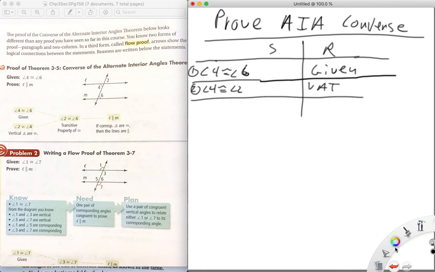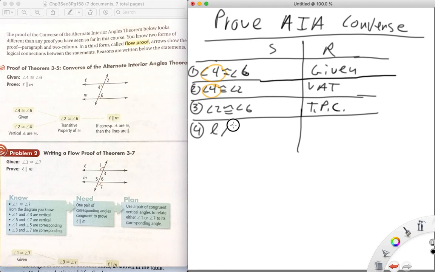Now look what I have. I have 6 is congruent to 4. I have 2 is congruent to 4, so I can say that angle 2 is congruent to angle 6 because of the transitive property of congruency, which says that if A is equal to B and B is equal to C, then A is equal to C. And 2 and 6 are corresponding angles, so then I can say that